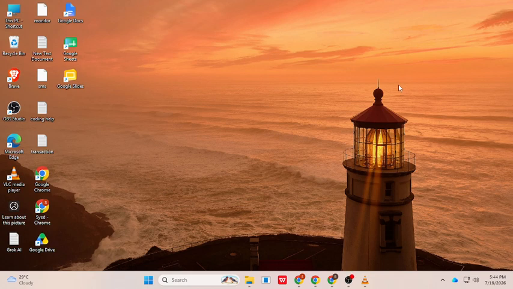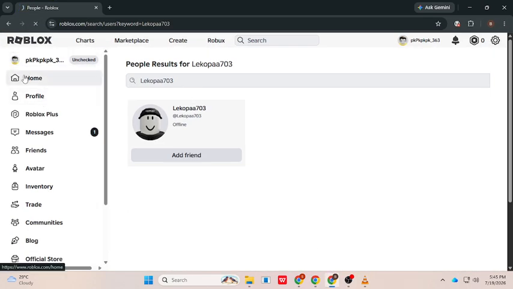Want to add friends on Roblox? Adding friends lets you play games together, chat, and easily join each other's experiences. In this guide, I'll show you how to add friends on Roblox step by step in 2026. Let's get started. First, open the Roblox app or visit the official Roblox website and sign in with your username